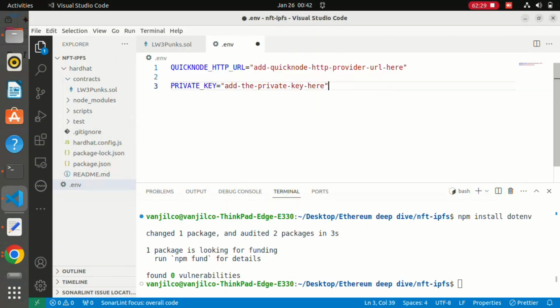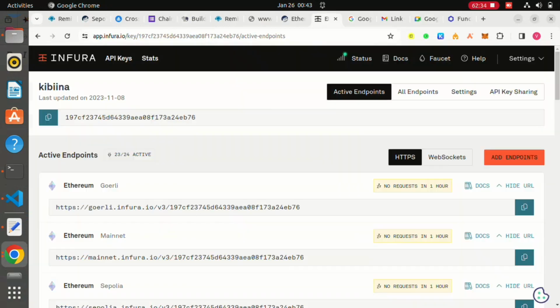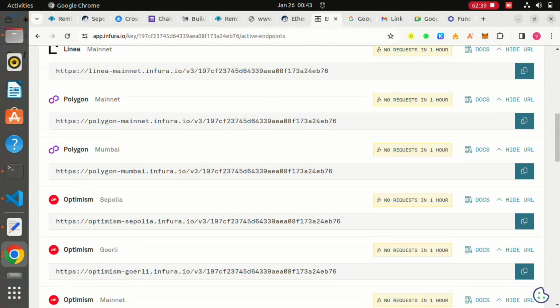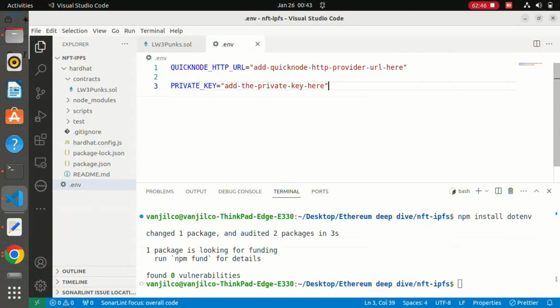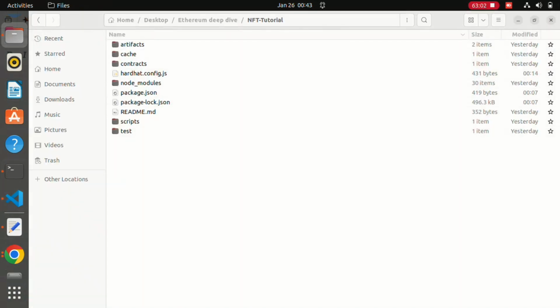So for this we are going to deploy on Mumbai. If I go back to my Infura endpoint and I go to Polygon Mumbai, so I copy this. Also here the private key, I can go back to my previous